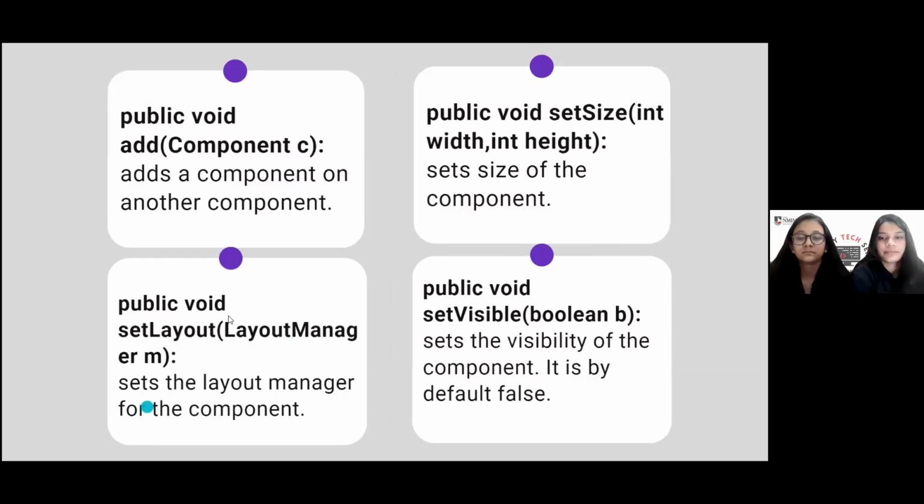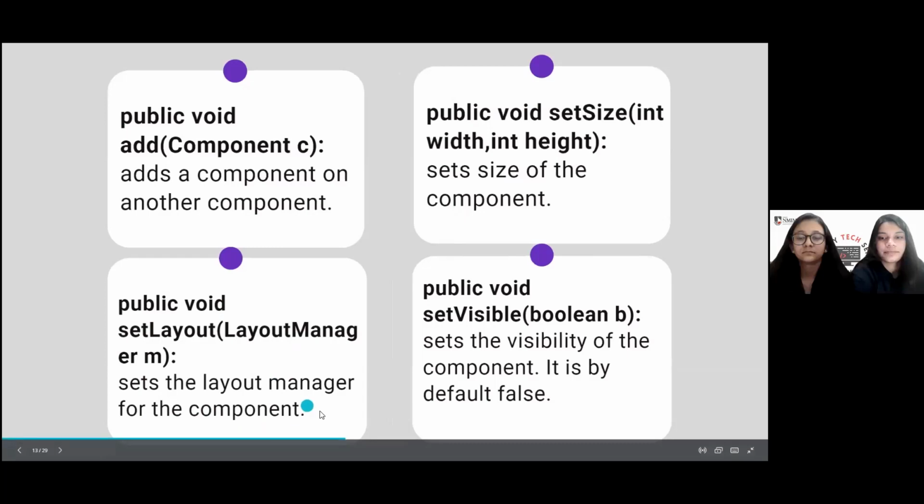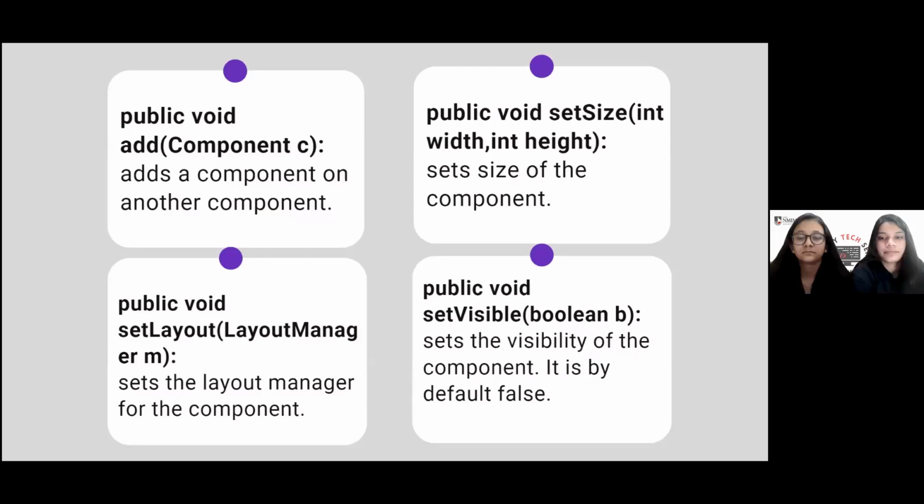The third is the setLayout method, which is used to set the layout of the component. The parameter in this is a type of layout, that is, in what way we want to see the component. And the last one is the setVisible method, which sets the visibility of the component and it is by default false. The parameter here is either true or false.